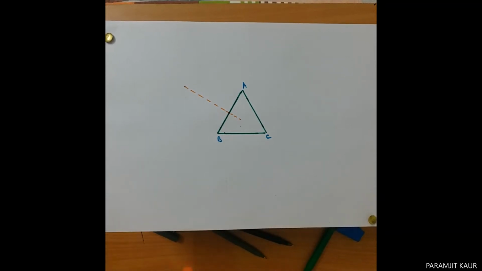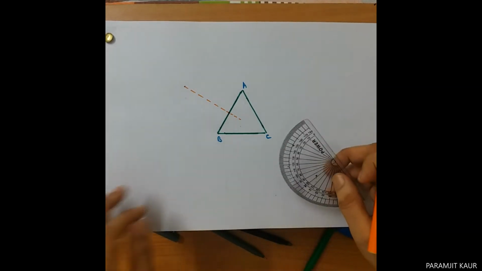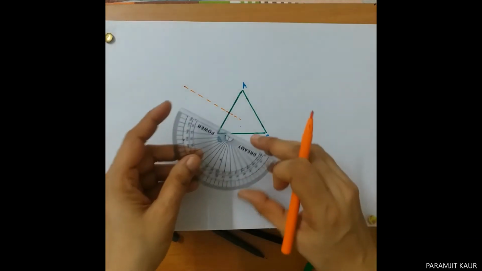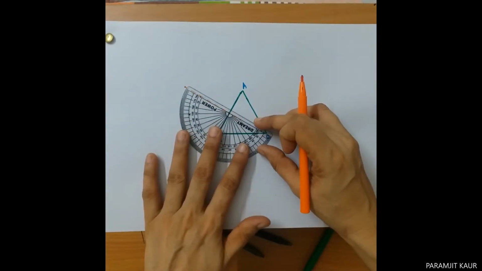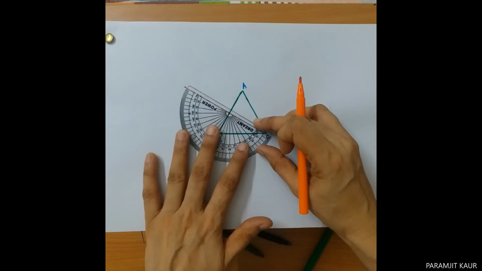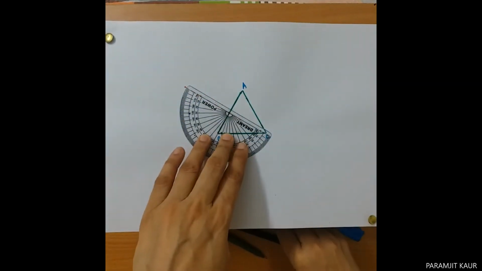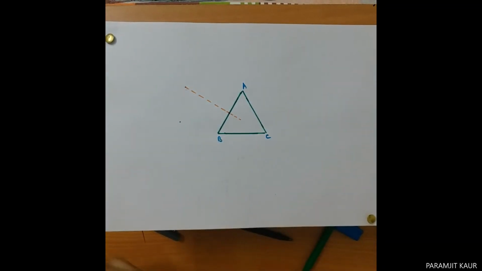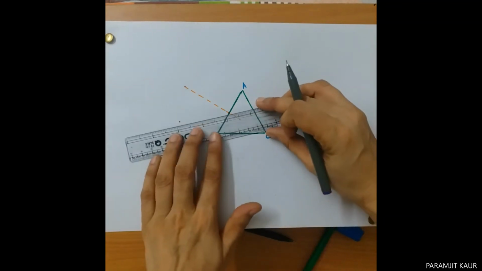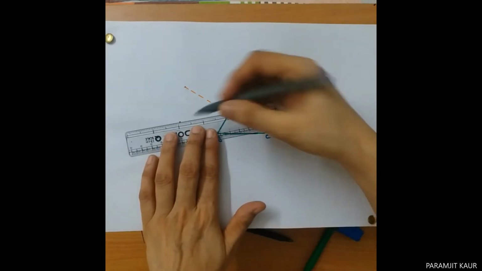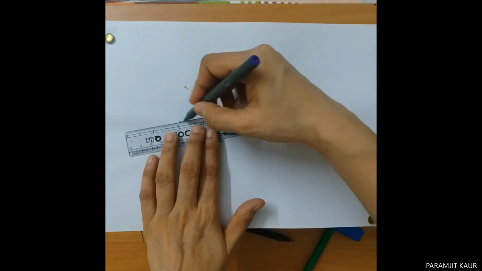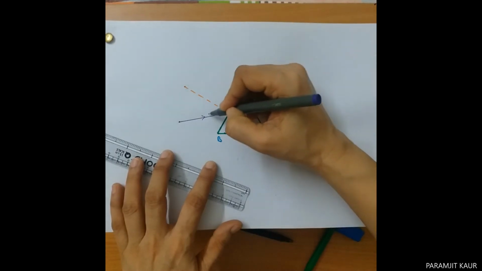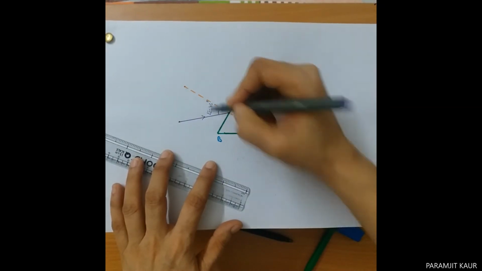Now I need to draw the incident ray. In order to draw the incident ray, we can take an angle preferably between 30 degree and 60 degree. So I'm taking the angle as say 40 degree. I'll place my protractor on the normal and I'll mark the point at 40 degree. So this is 40 degree. Now I'll join this point with the point of incidence on the first interface. So this gives me the incident ray. Since I have taken it at an angle of 45 degrees, I'll label it as angle I equal to